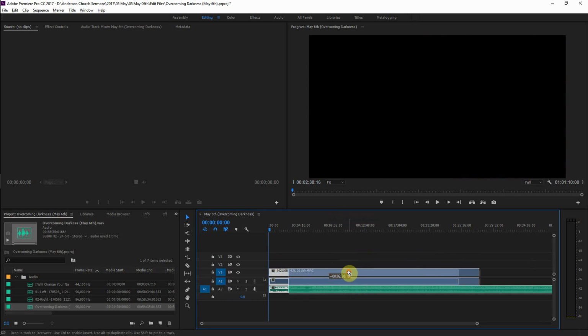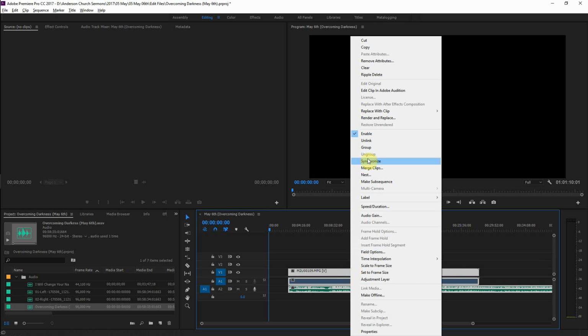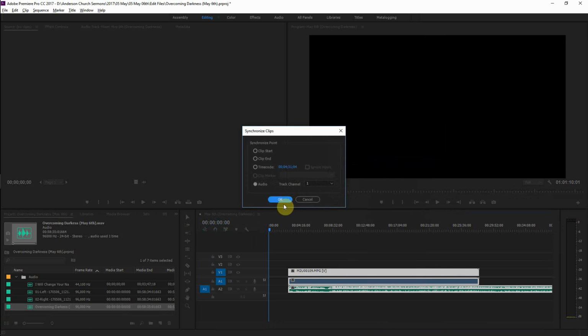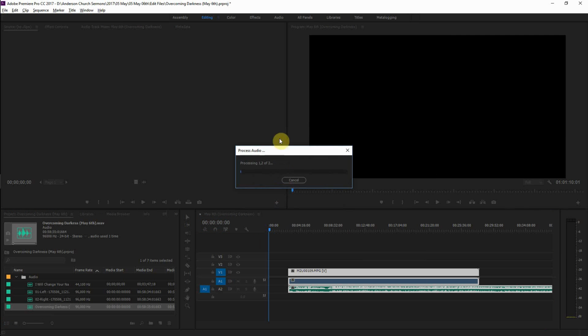Okay, move them over a bit, and then synchronize. Let the computer do the heavy lifting, because otherwise you have to look and try to find the place where it goes.